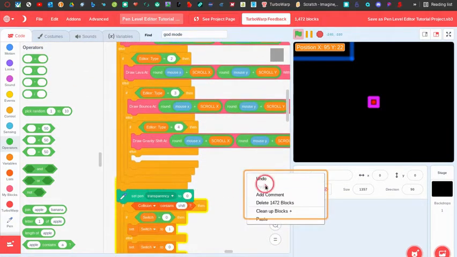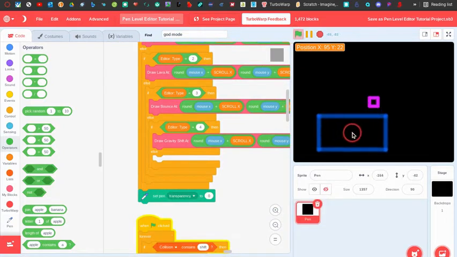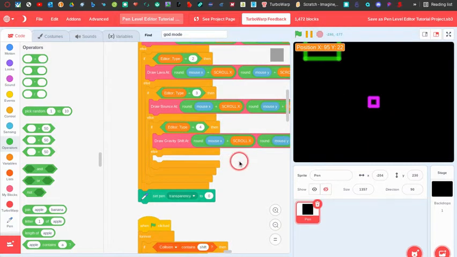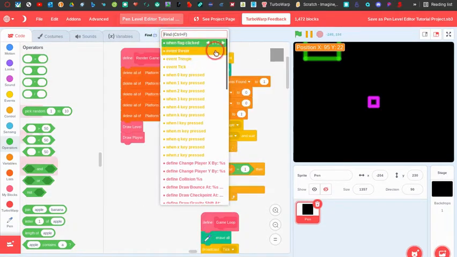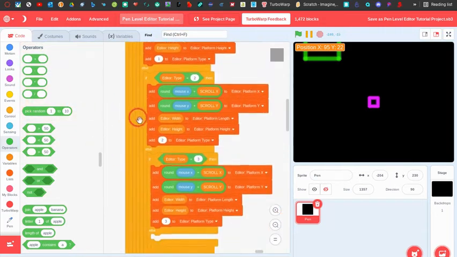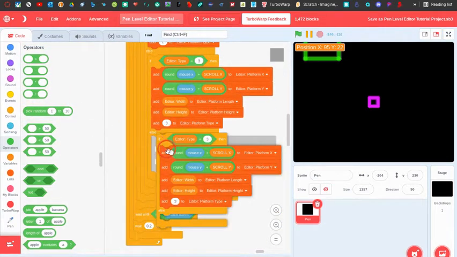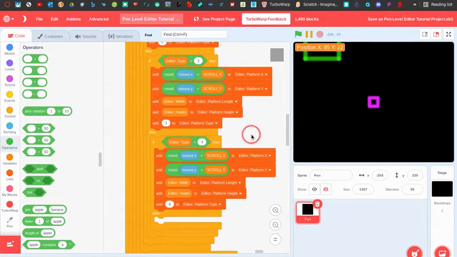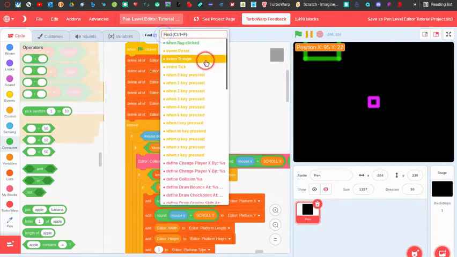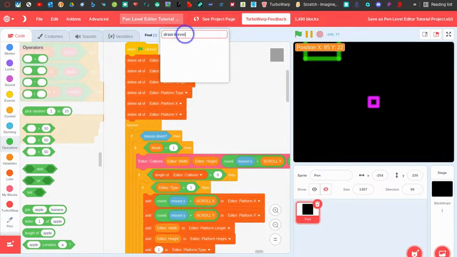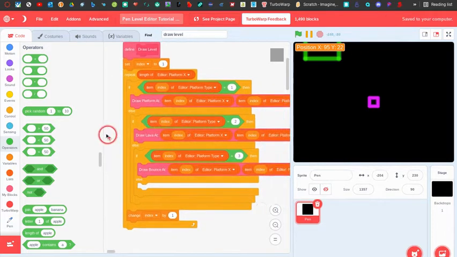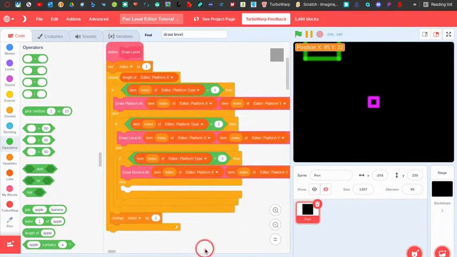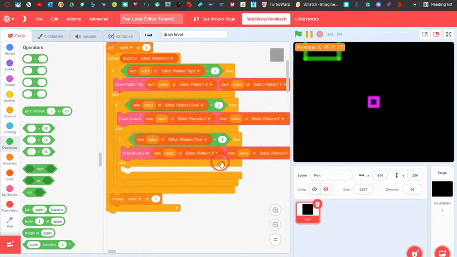And then clean up these and then set it to 4. And oh yeah, we also have to go to the one flag clicked thing, and then also add the 4 to it, and then we can go to draw level, and then we can add this,